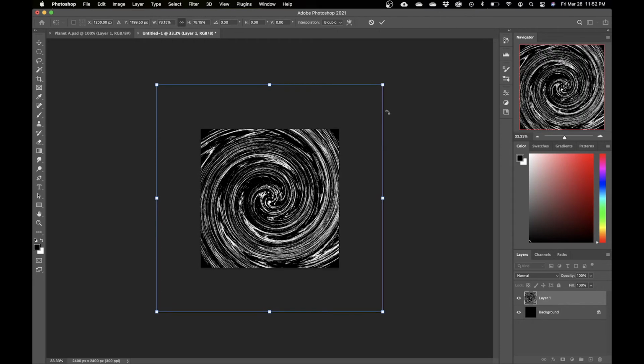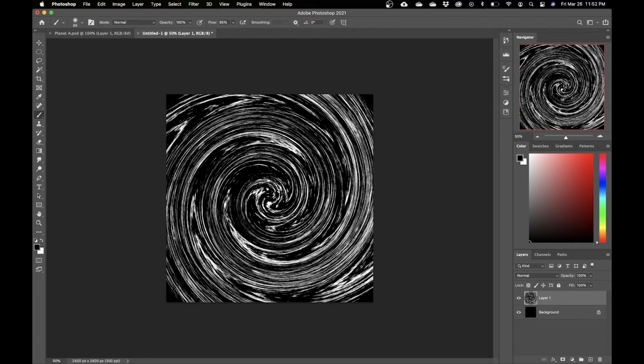So I can get more swirl. And then I'm going to grab my elliptical marquee tool, except this time I'm going to add a feather to it. So I'm going to add about 100 pixels in the feather. And I'm going to get as close to the middle as I can here. And again, holding either Alt or Option plus Shift, I'm just going to drag outward